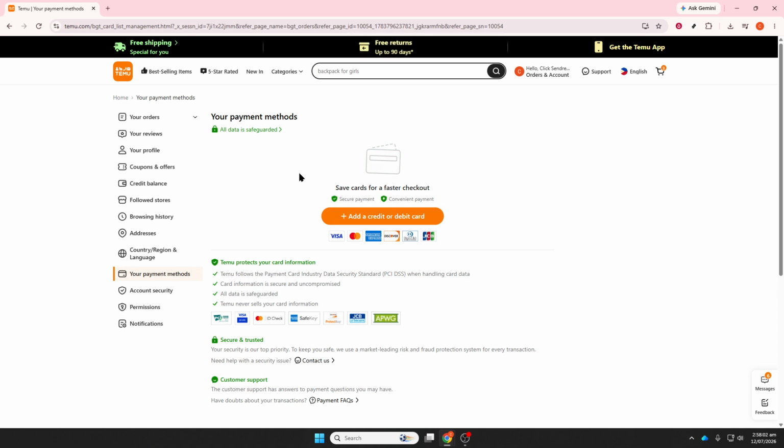Bank transfers are not always instant, so it may take a little time before your payment is confirmed and your order moves forward. During that time, it's a good idea to monitor your order status in your Temu account for any updates, and that's all it takes to use bank transfer on Temu. Follow the payment instructions carefully, keep your confirmation, and give the platform time to verify the transfer before